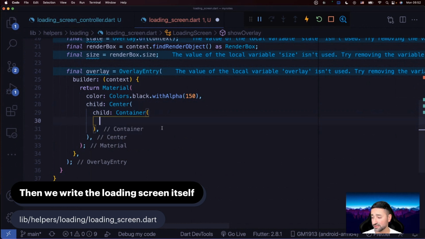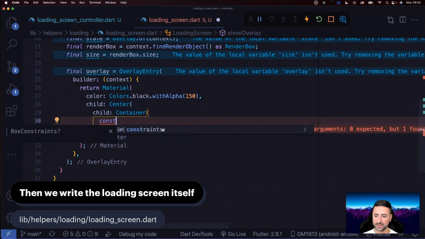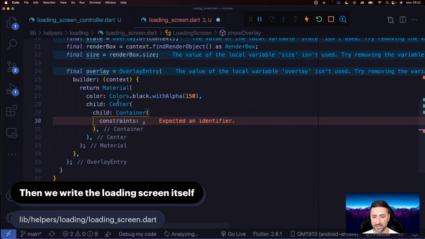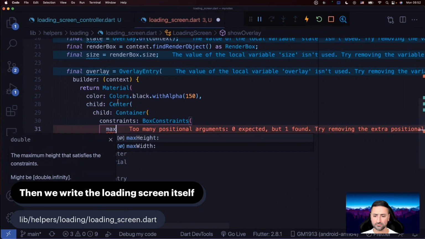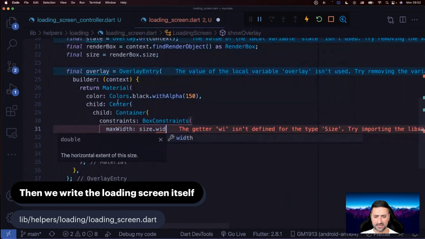So then our container is going to place some constraints on our overlay. It's going to say, for instance, that its max width and height should be a certain value. We haven't used this before, but we're going to now use something called constraints in here. You can see the value of constraints is of type BoxConstraints. So let's say constraints, and then BoxConstraints. Okay. So we're going to start with max width. So then we're going to say size.width